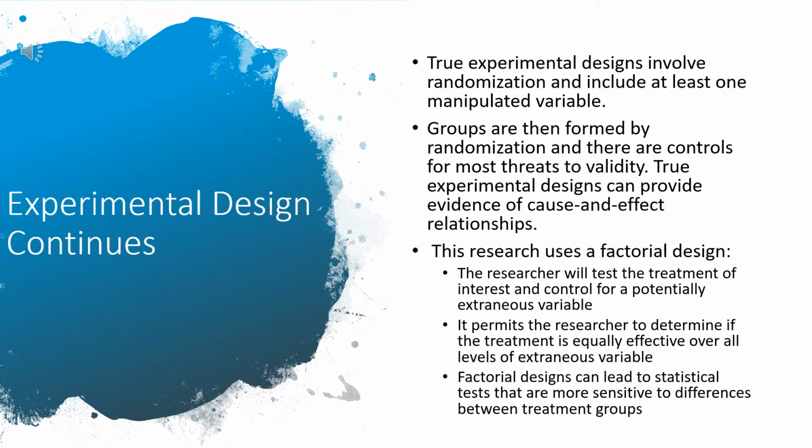The research for this uses a factorial design, so the researcher will test the treatment of interest and control for a potentially extraneous variable. It permits the researcher to determine if the treatment is equally effective over all levels of the variable. Factorial designs can lead to statistical tests that are more sensitive to differences between treatment groups. So it's going to compare the differences between my students who have that social emotional trauma and students who do